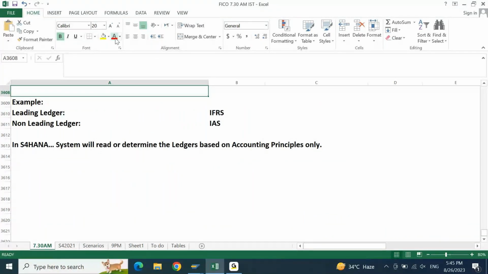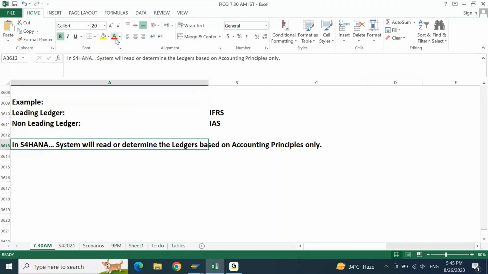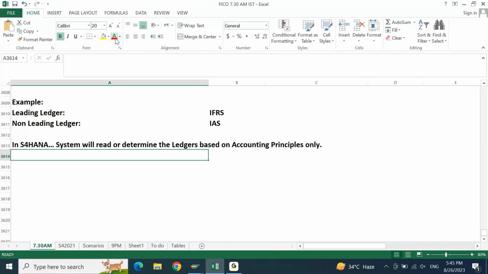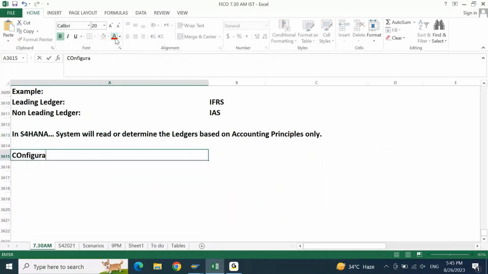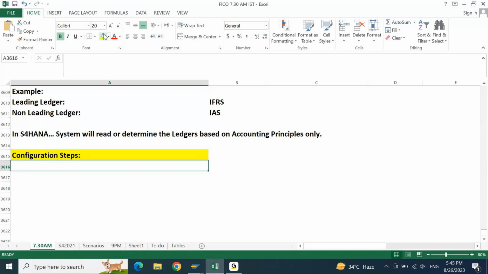Okay, so this point. After this, next one, I'll put configuration steps now. These are the points that we have listed. Next one, I will put configuration steps. When I put configuration steps, first one is